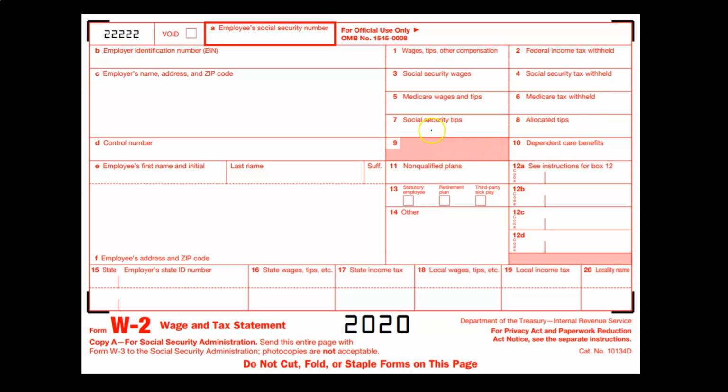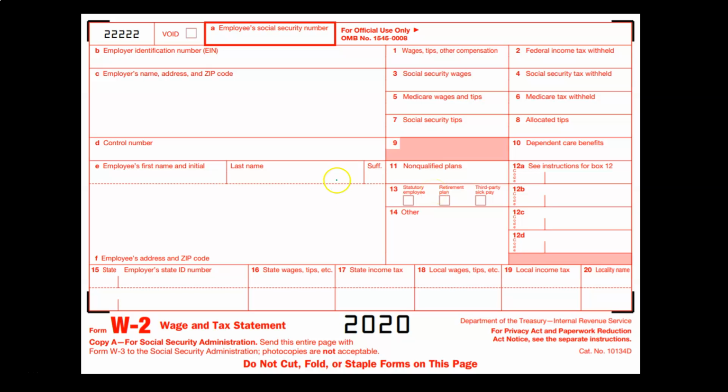Then we got the Social Security tips, if applicable, allocated tips, if applicable, dependent care benefits. So dependent care benefits are provided by an employer to an employee for use in caring for dependents, such as young children or disabled family members. And then we have box 11,